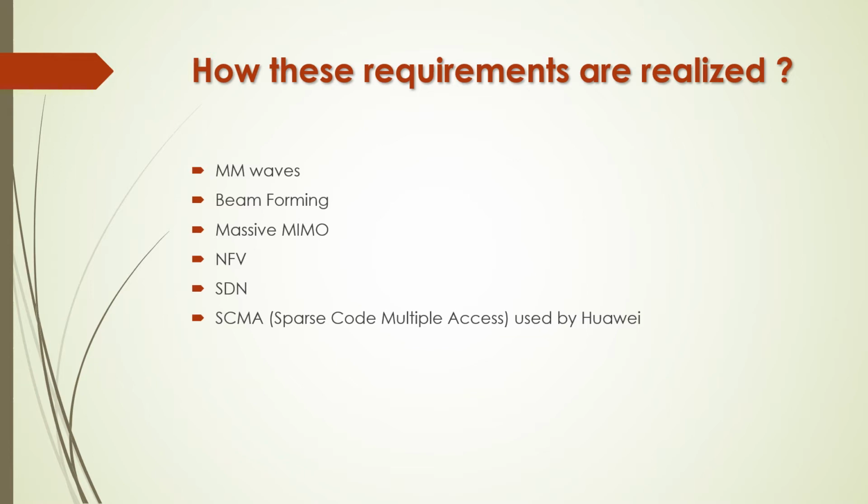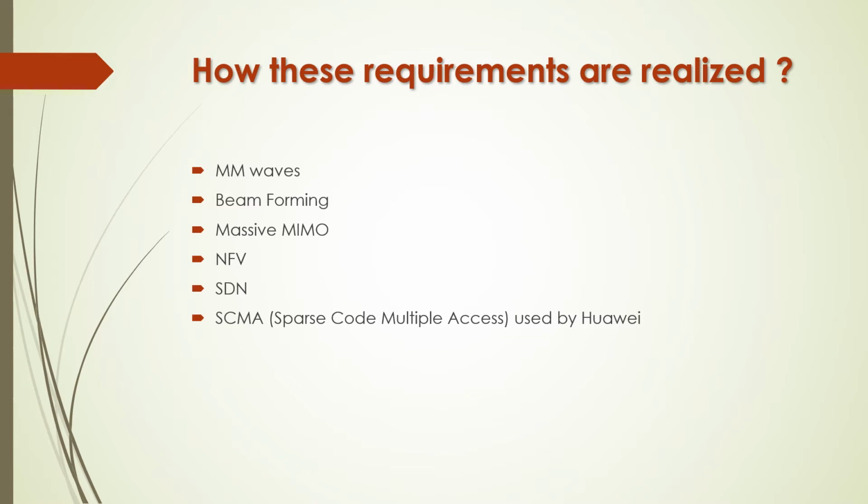Then the third technology which we are using is massive MIMO. MIMO is multiple input, multiple output. Basically we are using an array of antennas at the input, and similarly at the receiving end we are also using an array of antennas. For example, we transmit with 4 antennas and receive with 4 antennas, so we say that we are using a 4 cross 4 array. Initially we used small arrays, 2 cross 2, 4 cross 4. But in 5G, our speed requirement is very high. Hence, we can go up to 64 cross 64 MIMO. We call it massive MIMO since the size of our MIMO is massive.